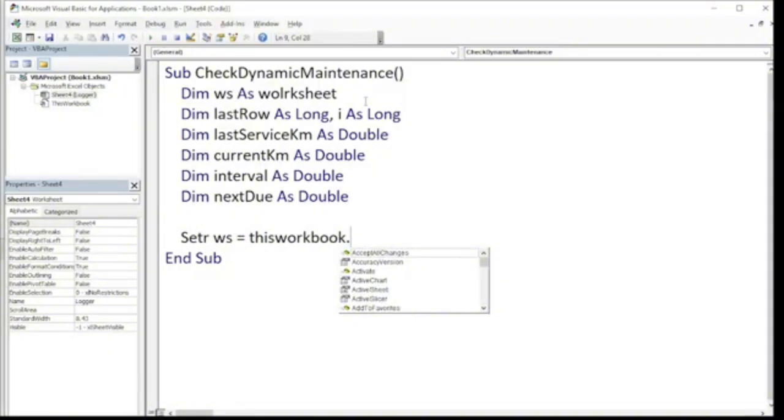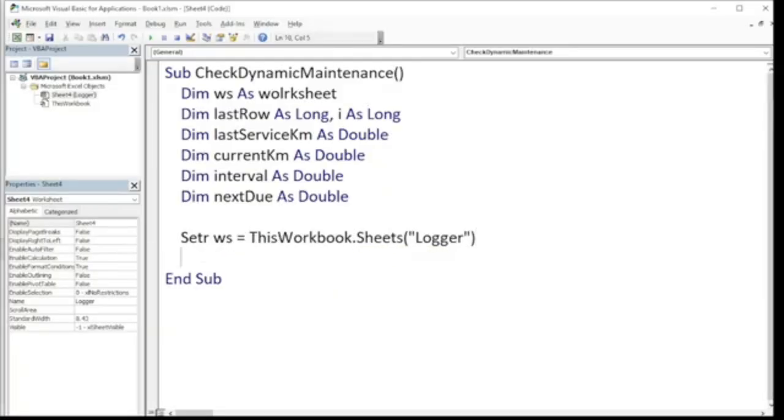that sheets. Okay, open parenthesis, and the sheet that we have in the worksheet tab is logger. So I'm going to put quotation mark, then Logger, capitalize L, then quotation mark, then close, then enter. Okay, and this would give you an error because of the spelling. So I'm going to remove that R, and then okay, important thing is the last row, because we're counting the rows